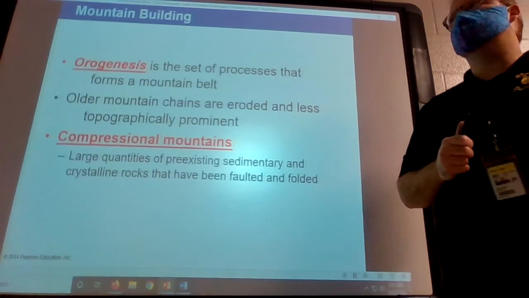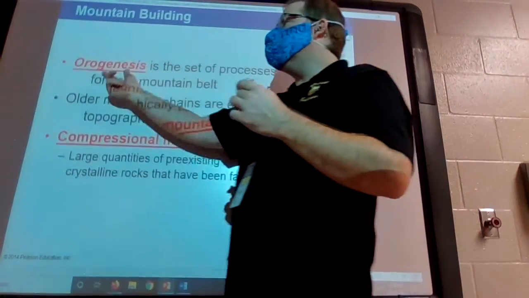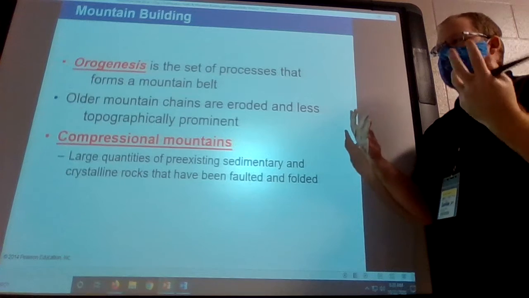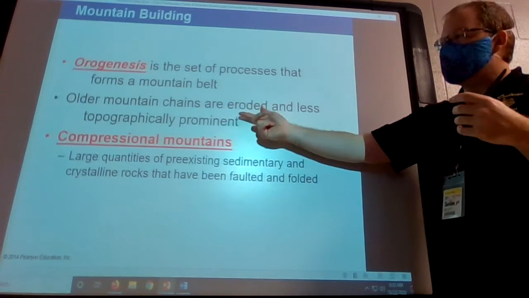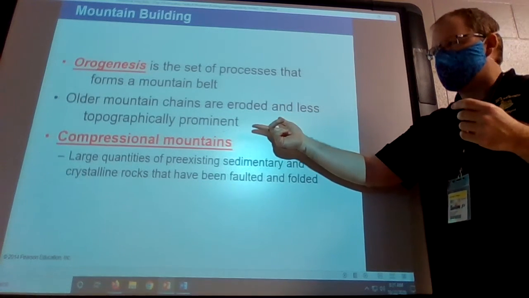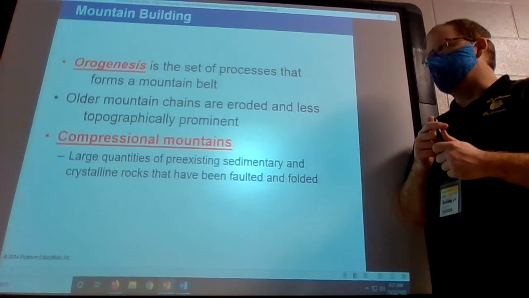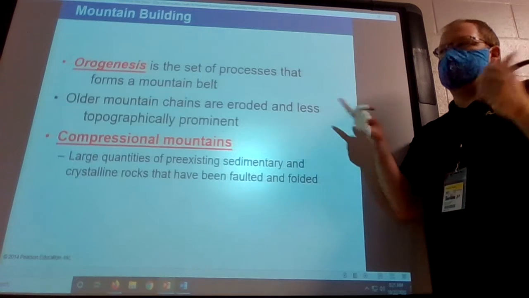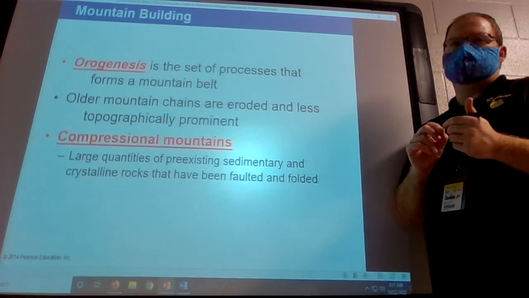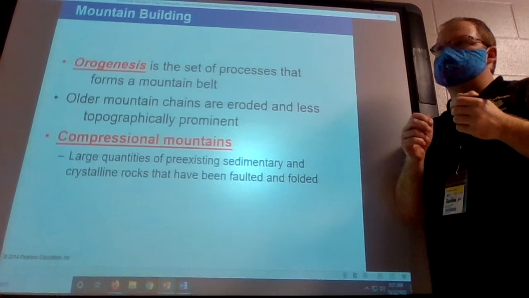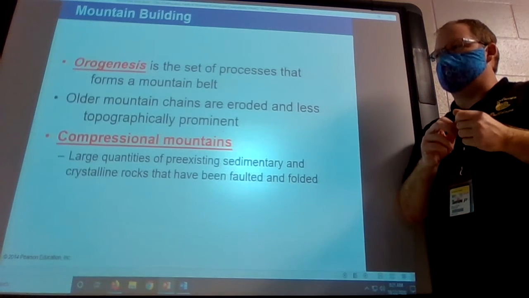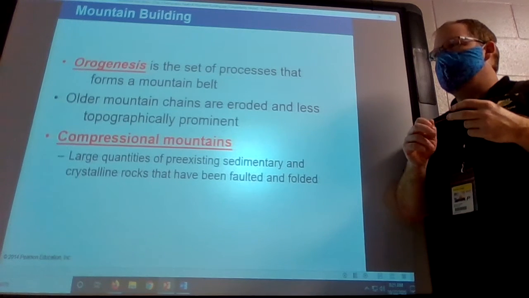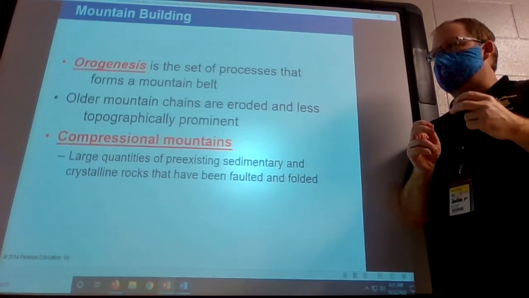Now, last couple slides, orogenesis. Orogenesis is mountain building, how we build our mountains, how that kind of thing happens. So your older mountain chains are eroded and less topographically prominent. These are going to be your mountains in Oklahoma. Oklahoma has lots of old mountains. They're just like big hills now. They're not much of mountains because they're extremely old and they've all been worn away. To be fair, they probably weren't super huge to begin with, but definitely a lot smaller than they are now,